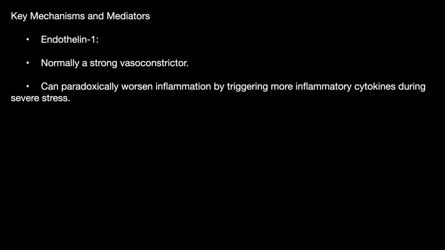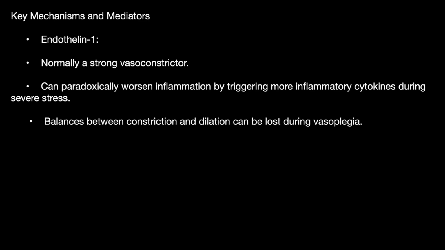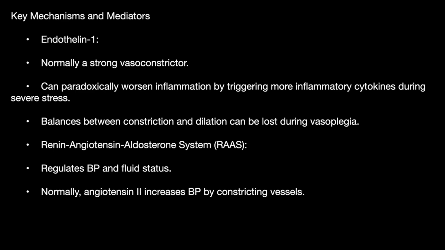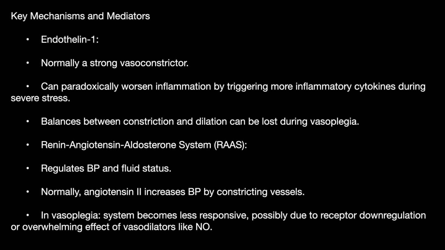Next, we have the endothelin 1, which is normally a strong vasoconstrictor, can paradoxically worsen the inflammation by triggering more inflammatory cytokines in cases of severe stress. The balance between the constriction and dilatation can be lost if the patient is vasoplegic. Next, we have the RAS system, that is the renin-angiotensin-aldosterone system. It regulates the blood pressure and the fluid status. Normally, angiotensin 2 will increase your blood pressure by constricting the blood vessels. However, in vasoplegia, the system becomes less responsive, possibly due to the receptor downregulation and overwhelming effect of the vasodilator